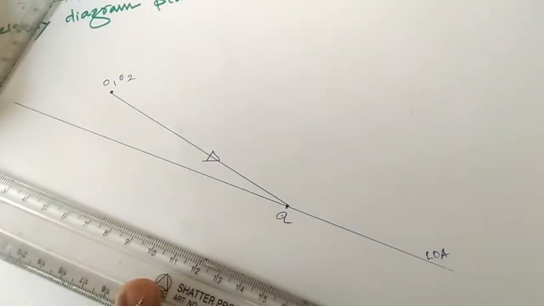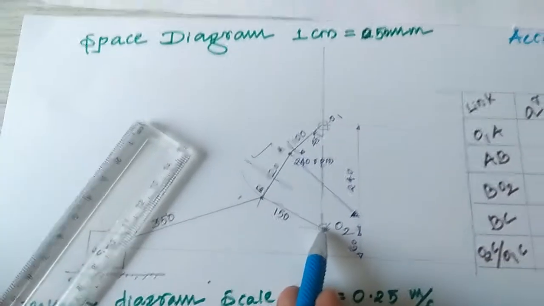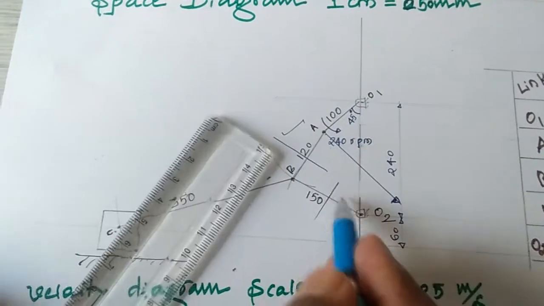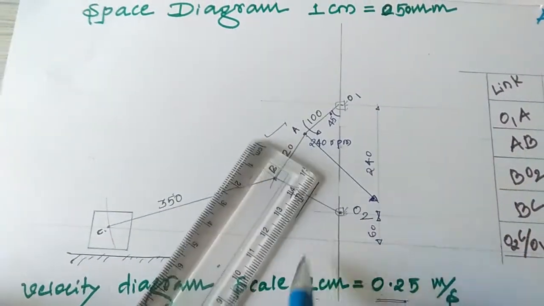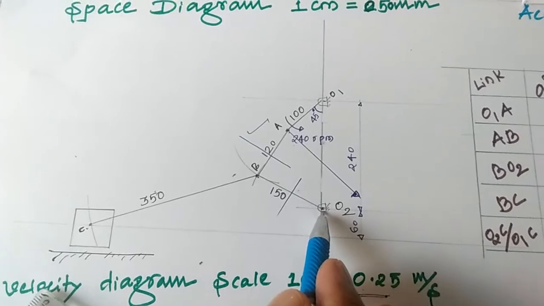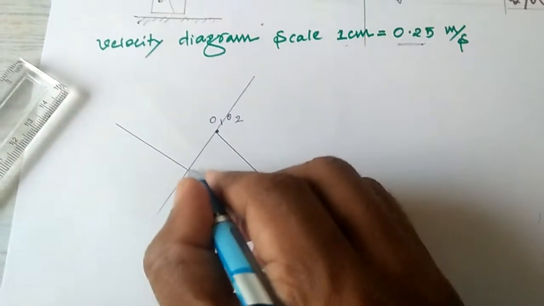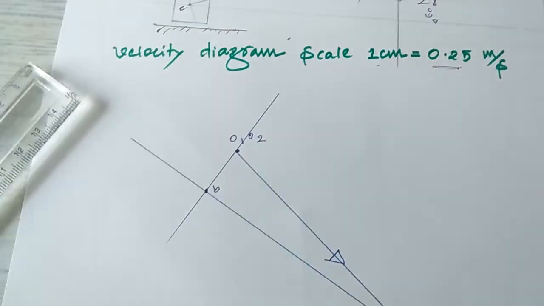From this, I will once again find the velocity of B with respect to O2. Here also you will find only the line of action. I will go for the line of action, perpendicular, with respect to the O2 point. O2 is already known. You have to draw the perpendicular. This is a new point, B. I will complete this one fast.